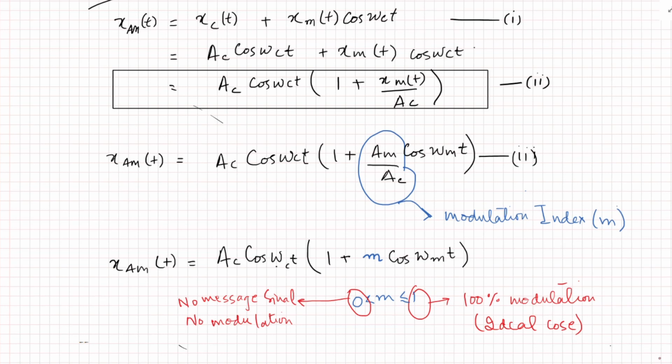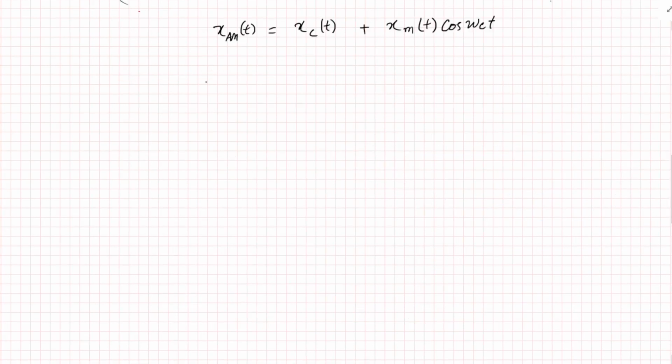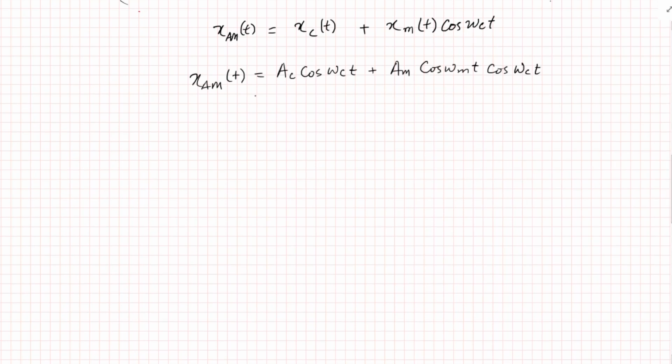In this video, we will also discuss the waveforms of amplitude modulated signals with no modulation and with 100% modulation, and with an example where the value of m is between 0 and 1. For now, we will come back to our equation. We want to further expand this equation as